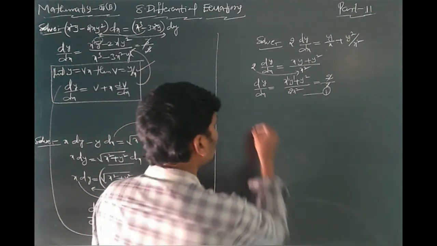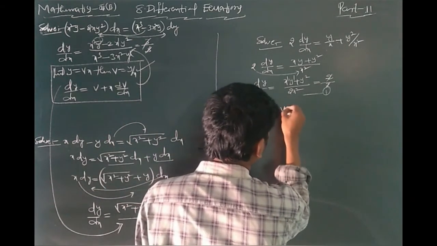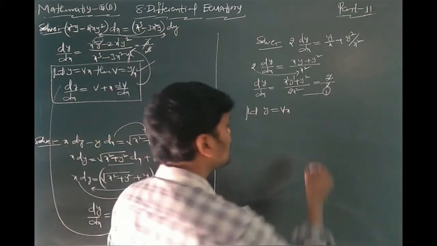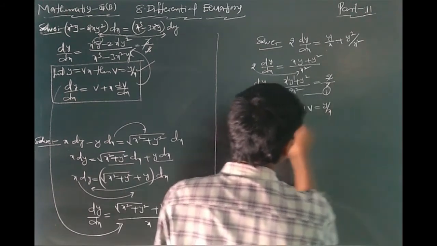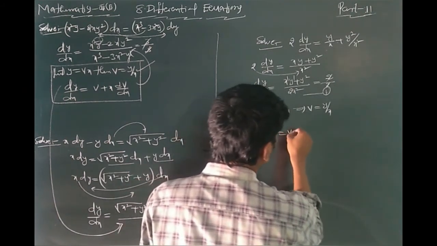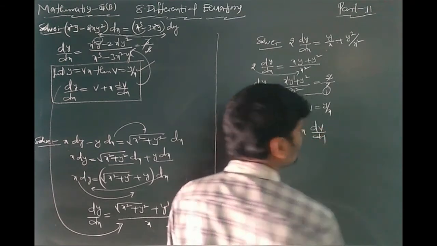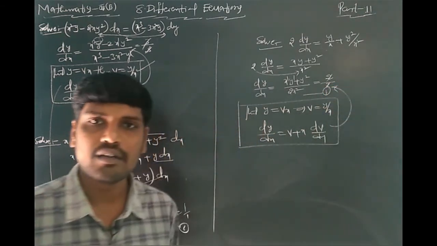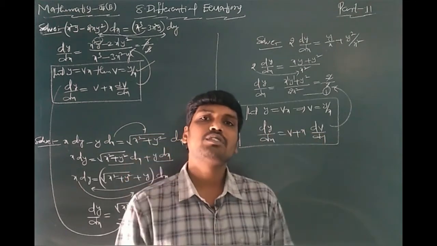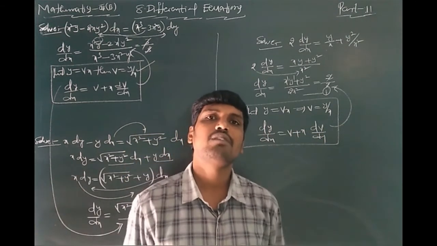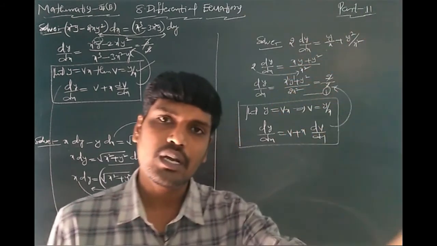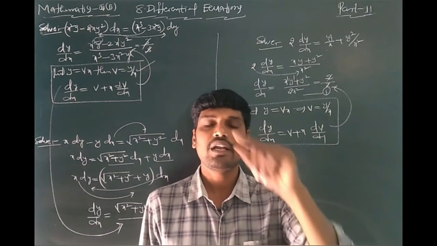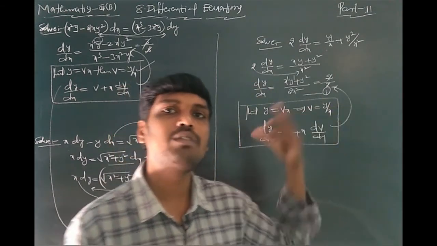Okay friends, after that put y is equal to vx. Why? Because you can write y is equal to vx in the form of dy by dx. That's why you can write v is equal to y by x. Then dy by dx is equal to what, friends? v plus x into dv by dx. These values are substituted in equation 1. You get a function in terms of v, x, and in that function the variables can be separated. After that you can integrate on both sides. Then the answer is in terms of v, x, and you can write v value as y by x. These are the hints for the homework problems.